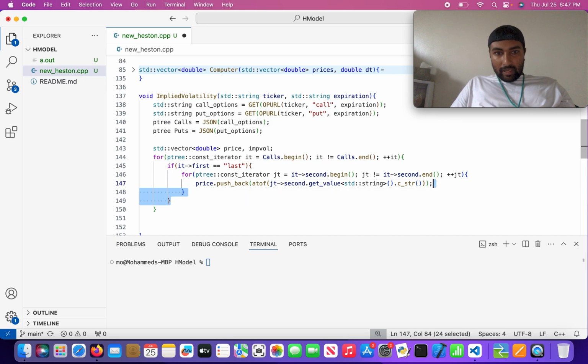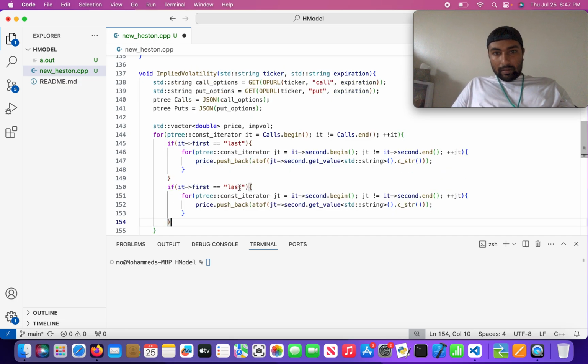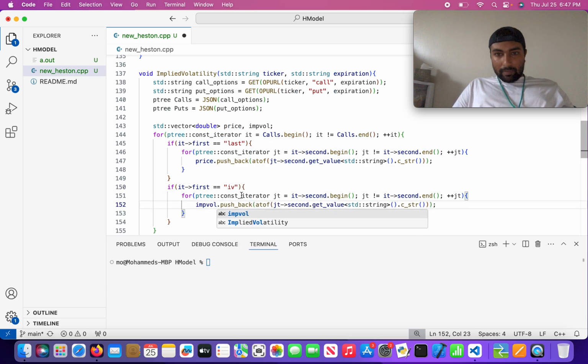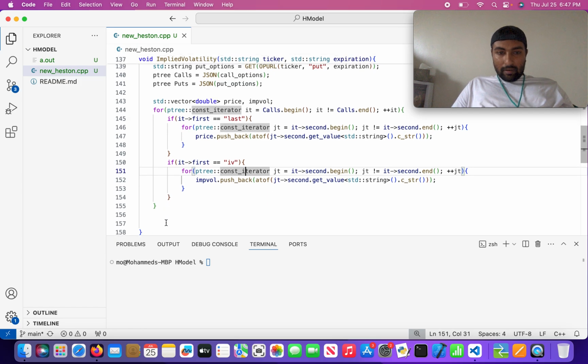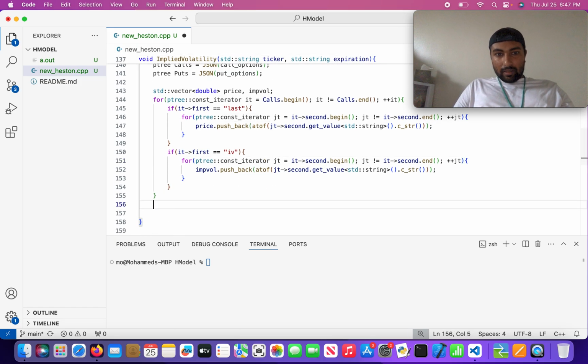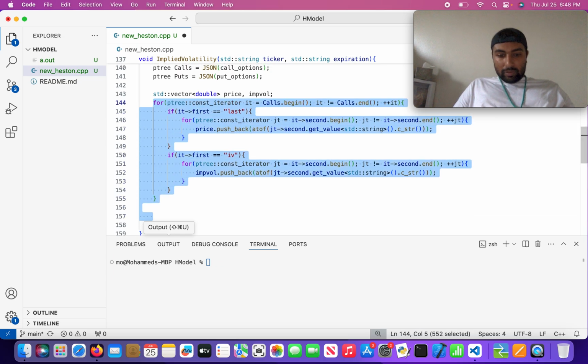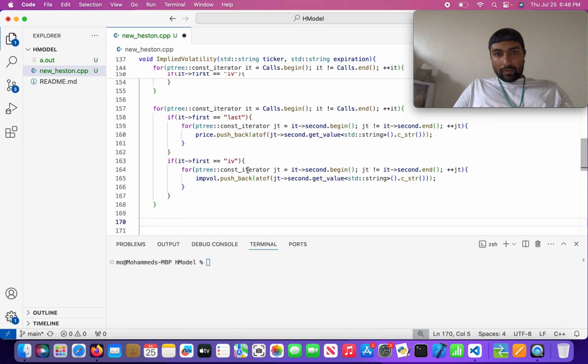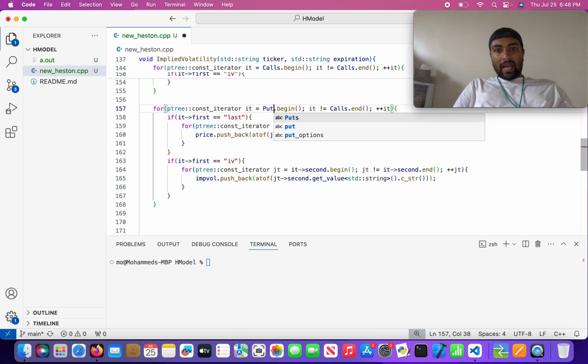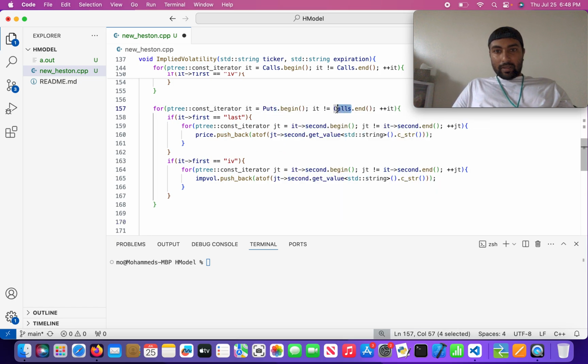And then I can do the same thing with the implied volatility just to make things faster. So I'll come here and do if this equals IV, this will be imp vol dot pushback the second value. So now I'm going to come down here and see how many, well actually, we should copy this loop and do the same thing for puts. We're going to aggregate the total, so it's going to be everything. So puts,